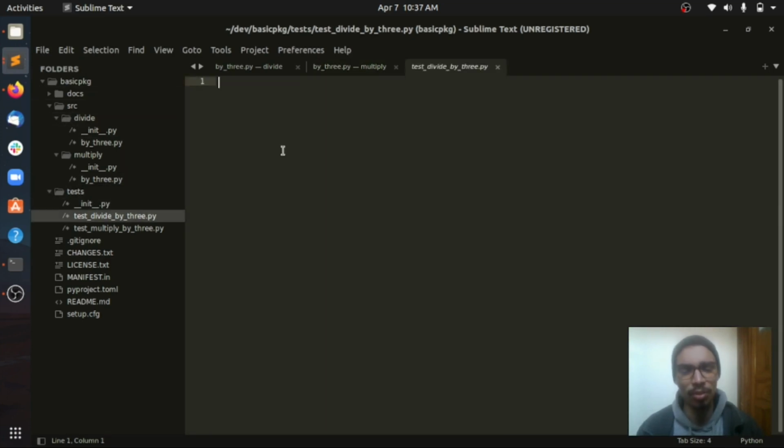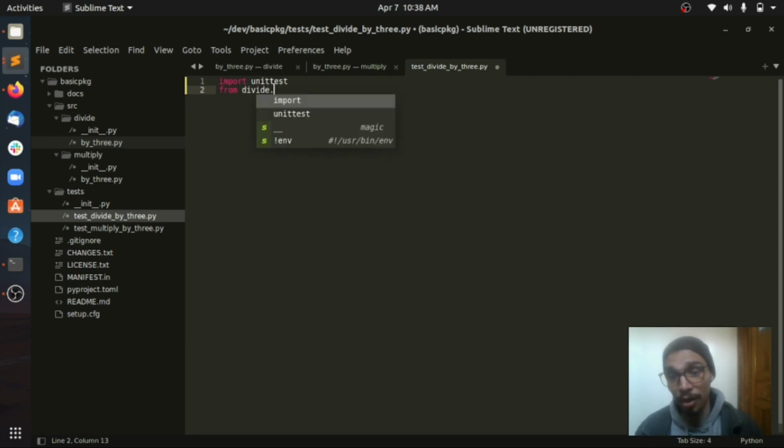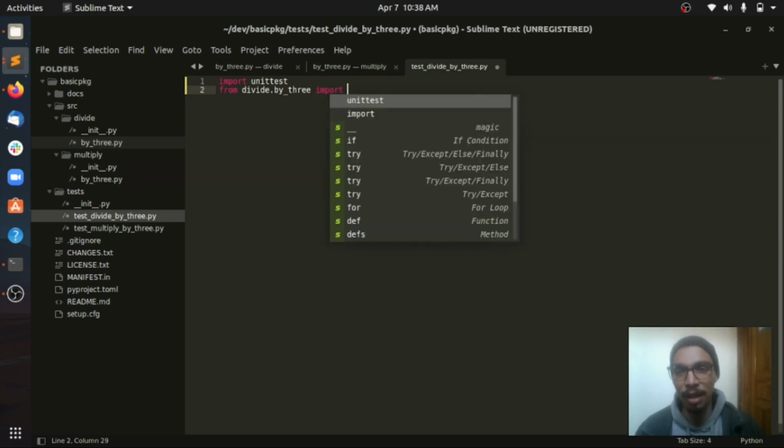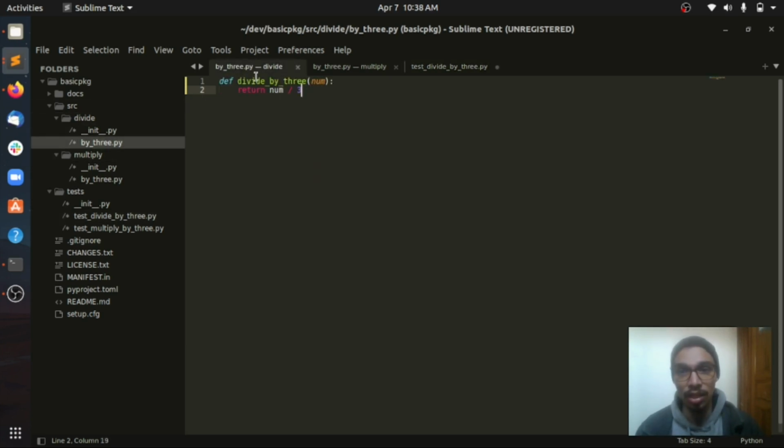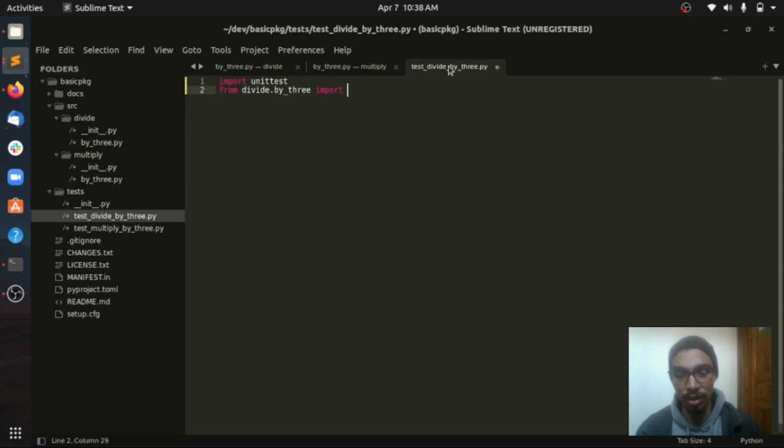So here what we need is just to import unittest because we want to keep things very simple. And then we can import our modules. So here we need bytree. So let's say we want to import divide, and we need the bytree module as well. So what we need to import from the bytree module is the function, divide by three. So you can say divide_bytree,